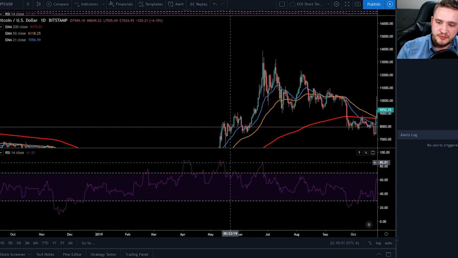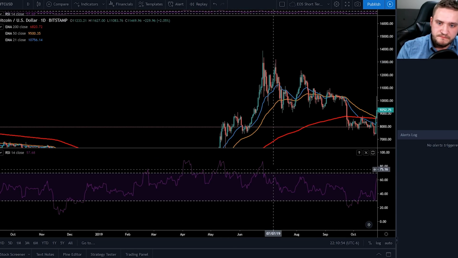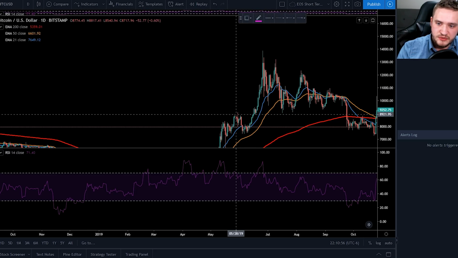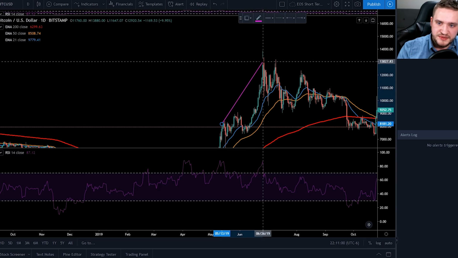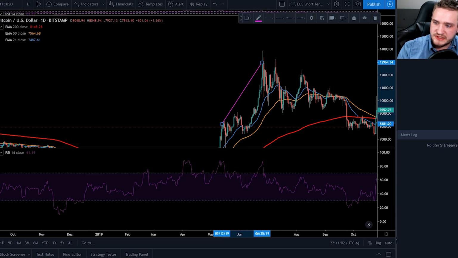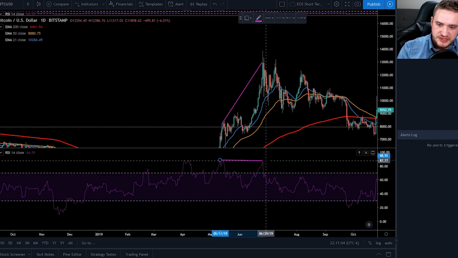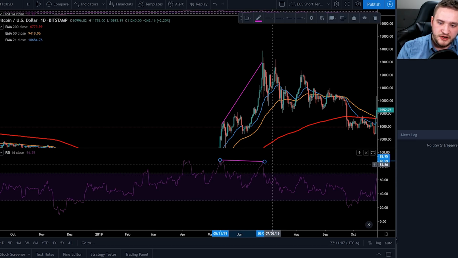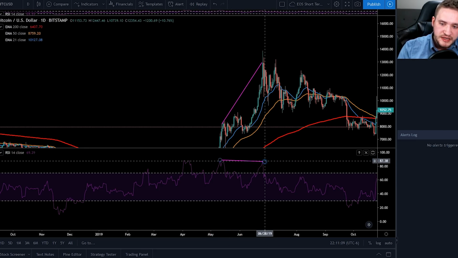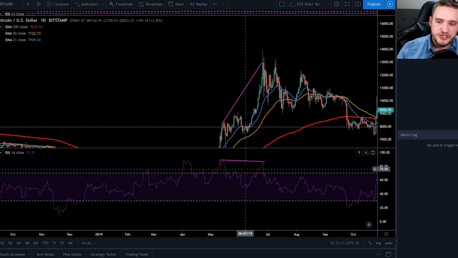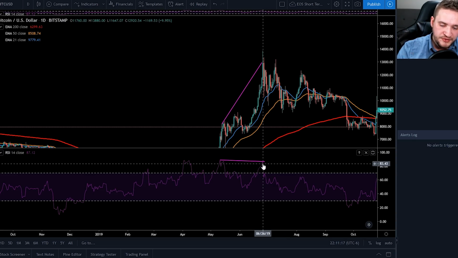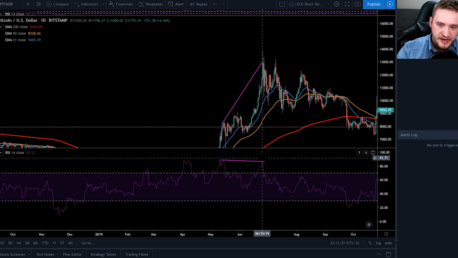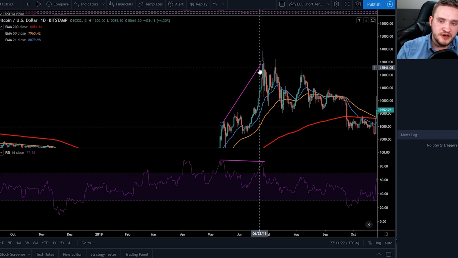Okay, so here's an example of bearish divergence where we have this high here on price up to this one here. And notice that we make just a slightly lower high on the RSI. Now, it's not the strongest indicator there, but in relationship to the price movement, look at how drastic that price movement was. And for the RSI not to break a new high, given that price movement, is a very bearish